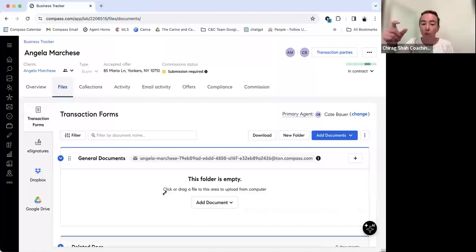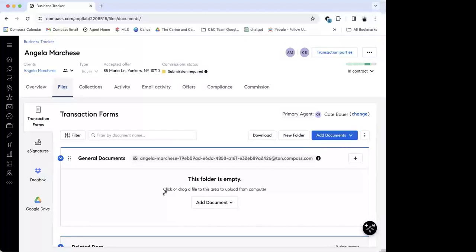So the transaction forms and e-signatures rolled out at the same time. So if you don't have one, you probably don't have the other yet, but I'm sure they're going to get it out into your region soon. So you're not missing anything. The two of them should either be there together, it's not going to be one or the other. Okay, perfect. I wasn't sure.